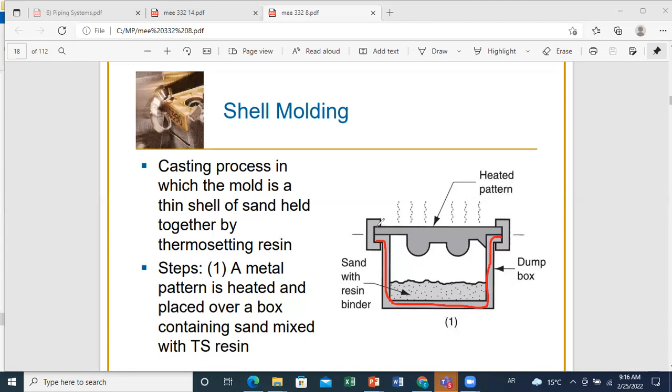So you should heat it to a temperature high enough in a way that when you reverse your box, the sand will be placed here, and due to heating effect, if you want, be adhesive to the final pattern. So this is the first step. First is to heat the pattern, and then the second step here